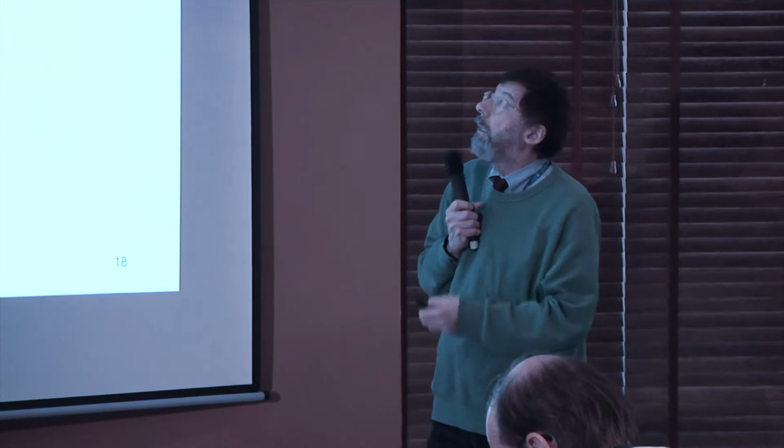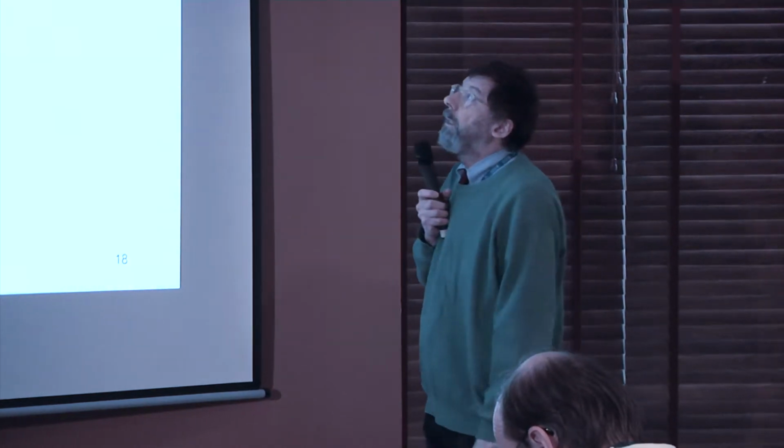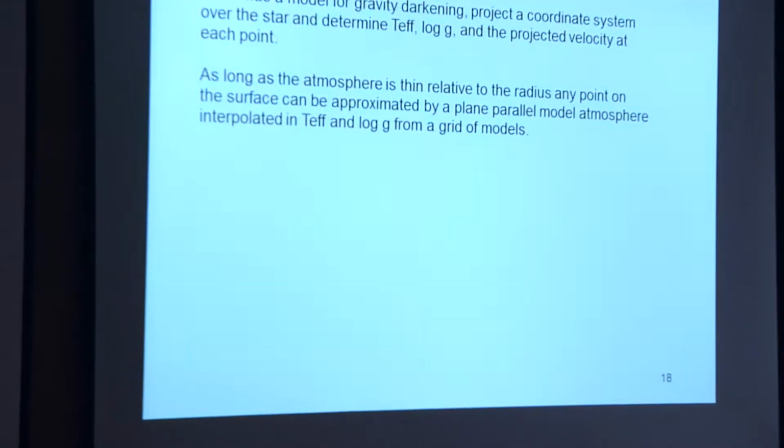Okay. Then we're going to talk about rotation. So I showed you these oblate stars. The theory of gravity darkening is not well known. One of the problems is if the star can rotate rapidly, there can be differential rotation and meridional circulation, and people haven't worked out the theory completely. So one uses a simplified gravity darkening model that specifies the effective temperature and gravity as a function of coordinate on the star,